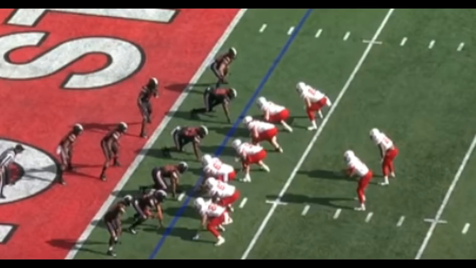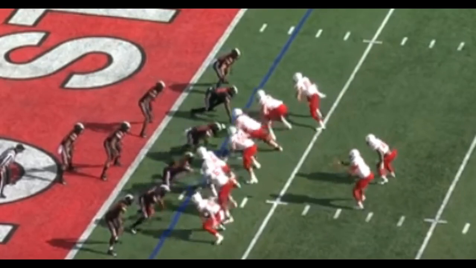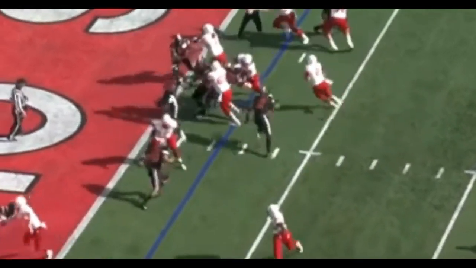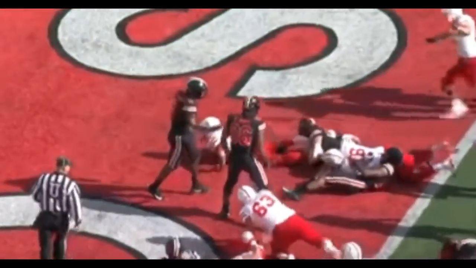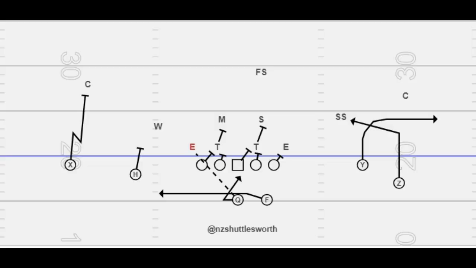One more time, take a look, keep an eye on the defense, especially the linebackers, watch the offensive line zone step right, and you can see the quarterback's eyes flash to the read key on the left. Read key bites, touchdown. One variation of the bash. I'm going to add some more bash run and pass variations in a later video.